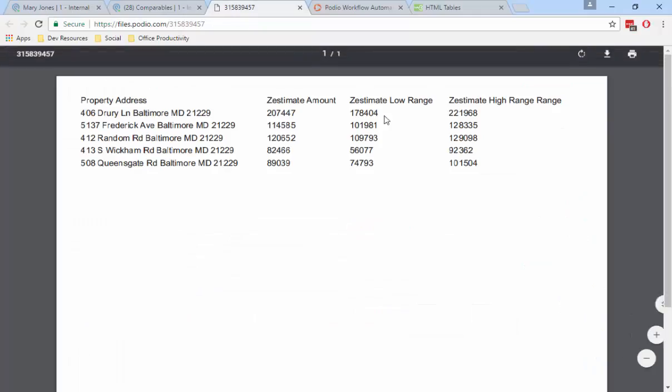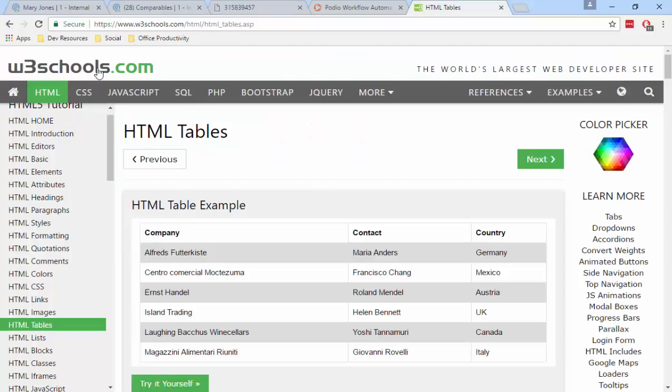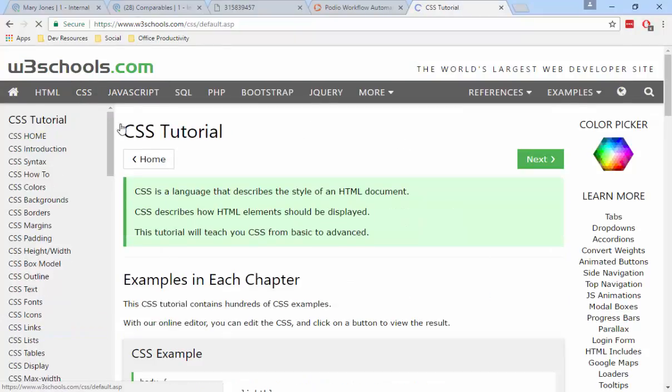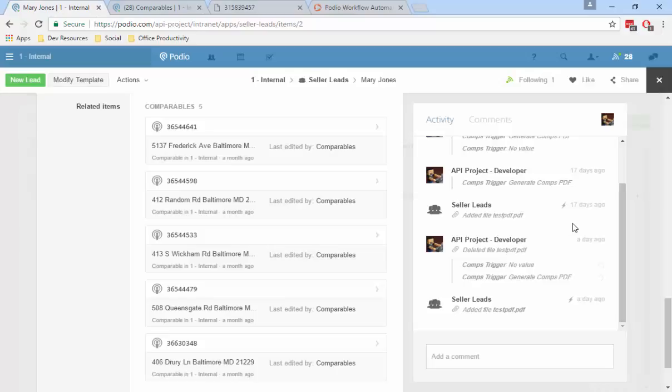Also, as you might have noticed, I don't have any styling on this table. I don't have any borders. I don't have any background colors for each of my table cells. I don't have any bold fonts or anything like that. But if you'd like to style your table, I would suggest in W3 Schools, learn how you can style your table using CSS, specifically inline CSS. All right, let me close out of this and